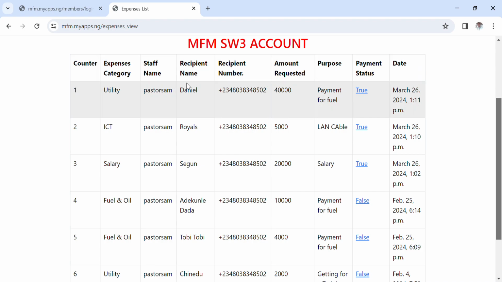The recipient, that is the person receiving the money. This staff name can also be the prepared by, the staff that prepares this invoice. The number of the recipient, the person that is receiving this money, the amount in question, and the purpose for that request, we can see it. So we can see all of these are true. Let's go, and as you can see, we have true. True is 1, 2, 3, and false is also 1, 2, 3,